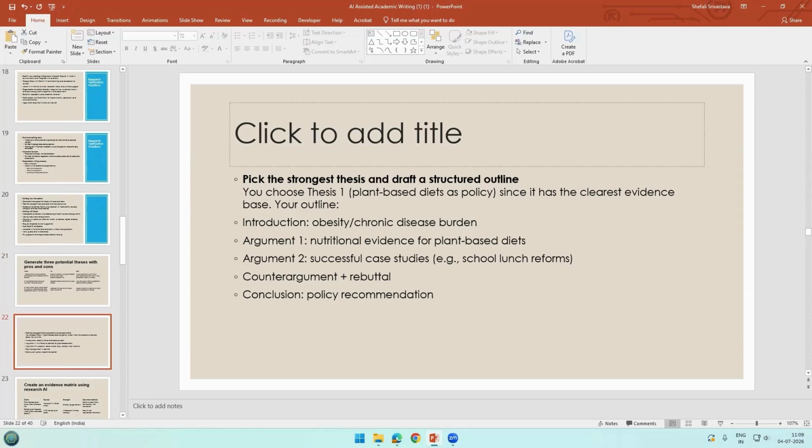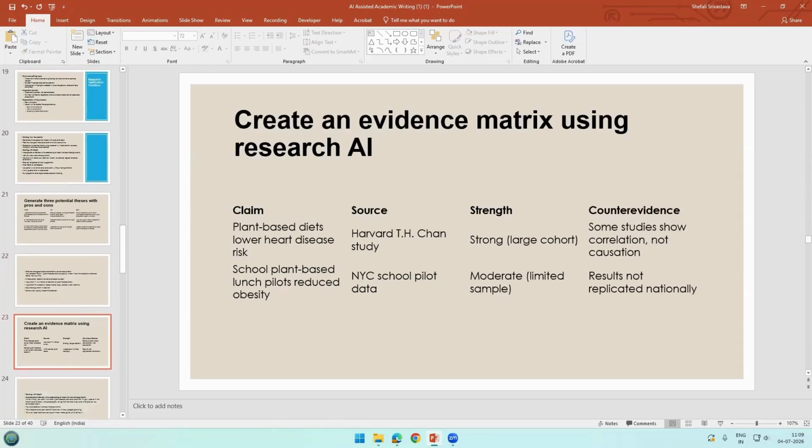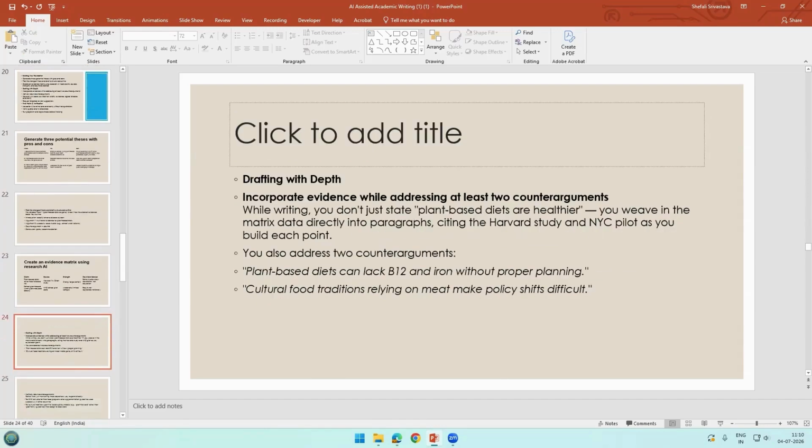Obesity or chronic disease burden. So, nutritional evidence for plant-based diets is argument one in support of it. Successful case studies like school lunch reforms or midday meals. These are argument two. And then you put counter argument and rebuttal of the counter argument. And then you make policy recommendation. Right? So, like we can cite some very good sources in support of our arguments that come from the strongest thesis, and then we look at counter evidence also,